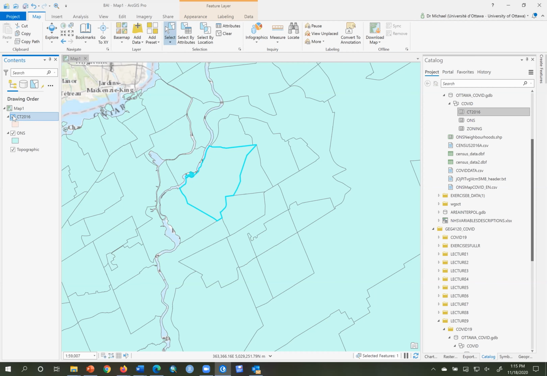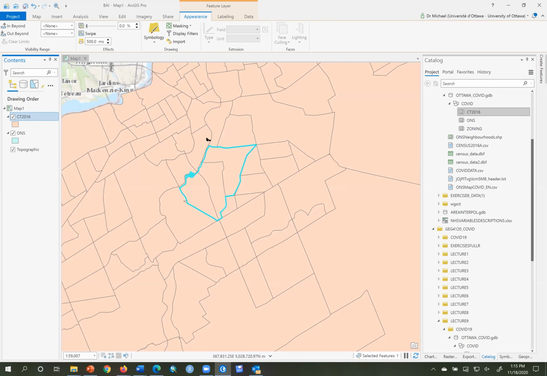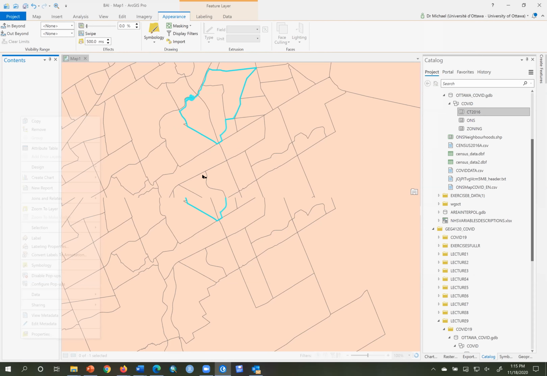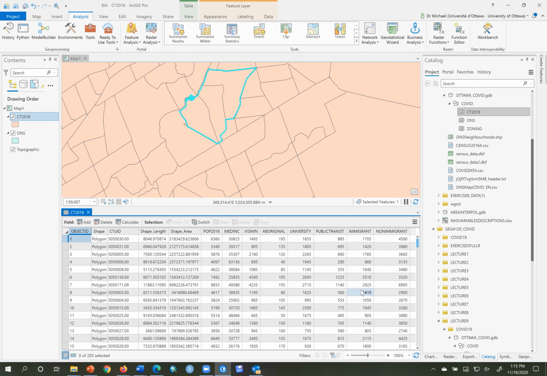And then I turn on the CTs. And I might make those a little bit less transparent so you can see the differences. So that's one neighborhood, and you can see there's 1, 2, 3 different census tracts that intersect that neighborhood. And if I look at the census tract data, I don't have anything about COVID in here because it's not reported at the census tract level. So it's only reported at the ward level, of course,